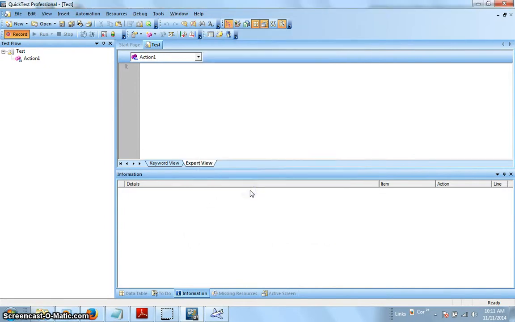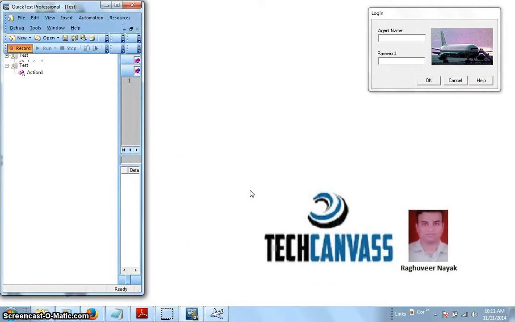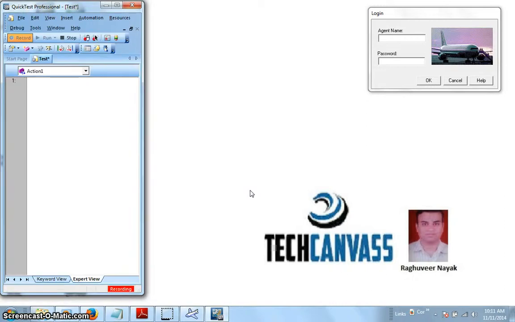Say okay, I'm okay with that. Now your record session starts. You can see a recording pop-up, a green highlighted label saying recording. It means QTP is ready to capture your actions.